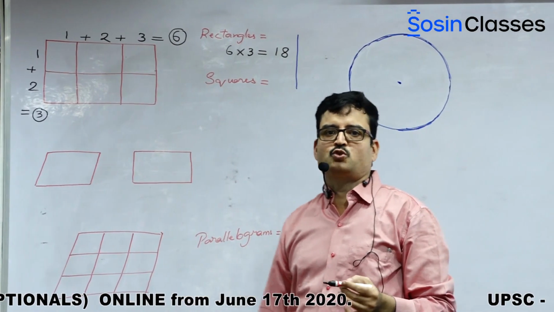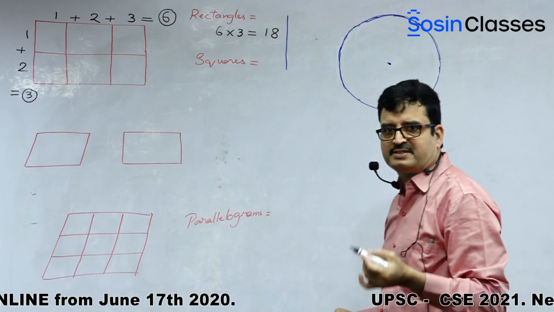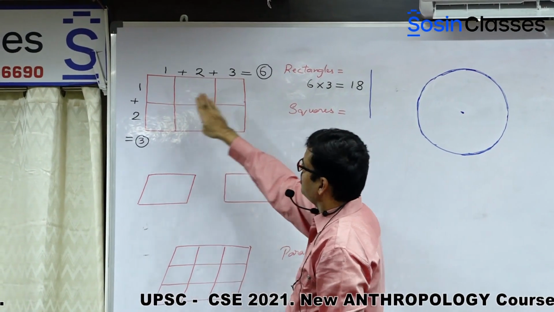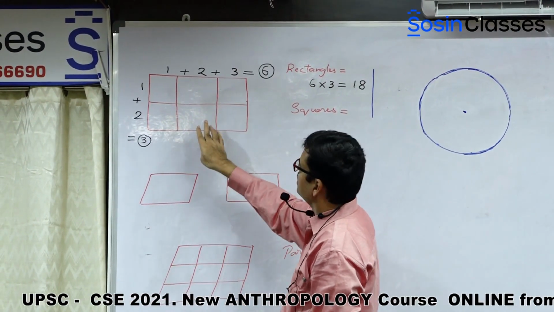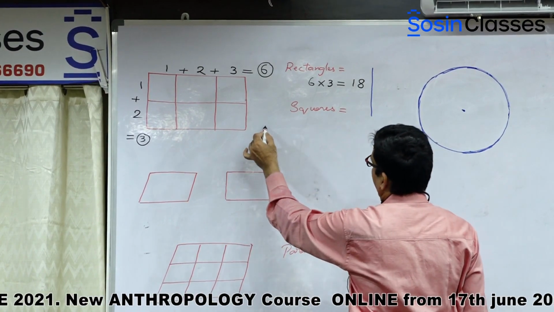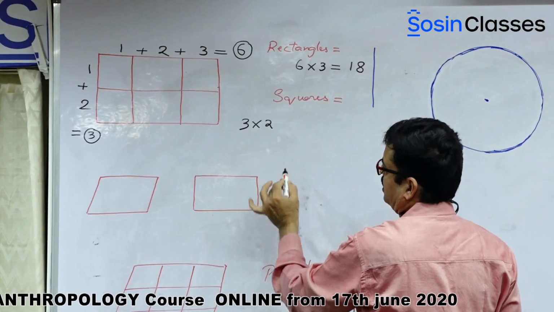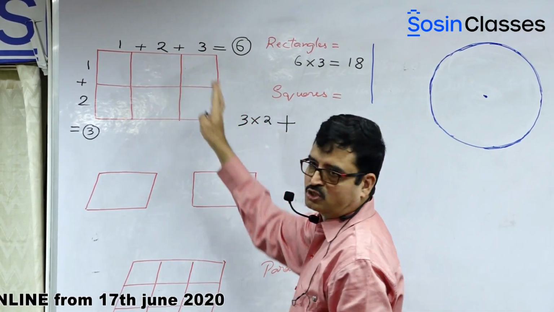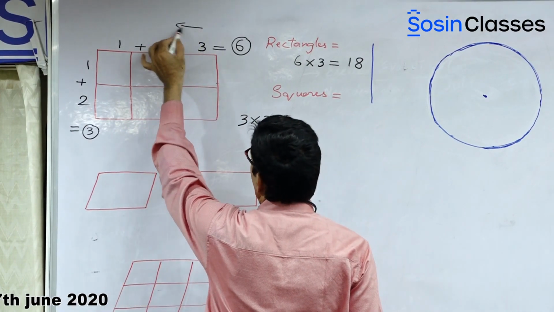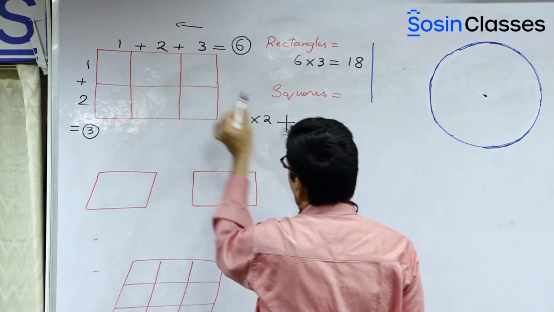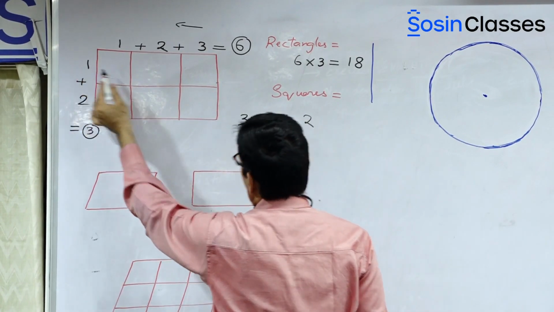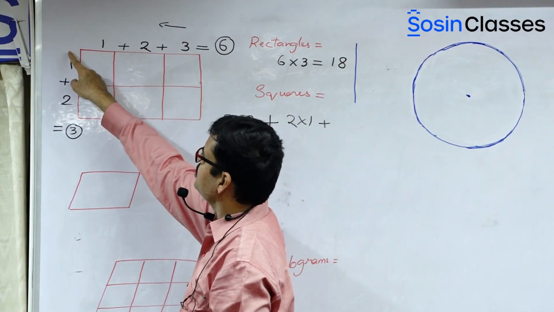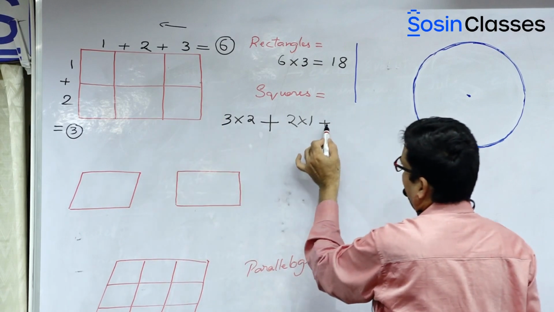And in case I want to find out squares, the same logic applies as we discussed in the earlier session. Now, the highest number is 3 column-wise, whereas the highest number is 2 row-wise. So just multiply: 3 into 2, plus, you have to add the next term. Take the previous number of 3, because we have to proceed in descending order. Before 3 is 2, put 2 here. Before 2 is 1, into 1. Now plus, there is nothing, only 1 is there, here 0, so you can just ignore that.